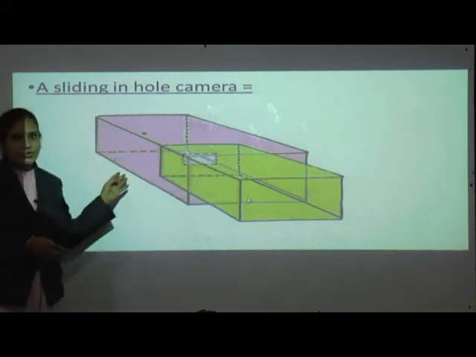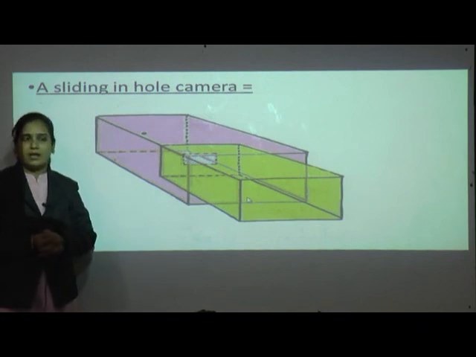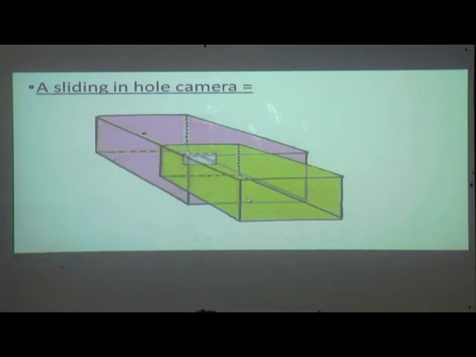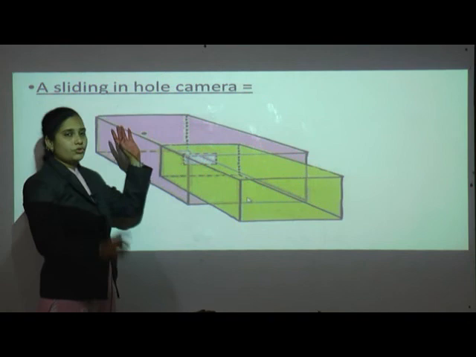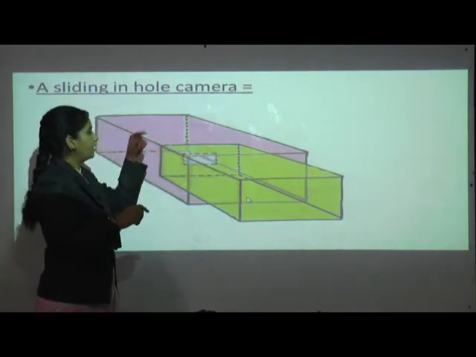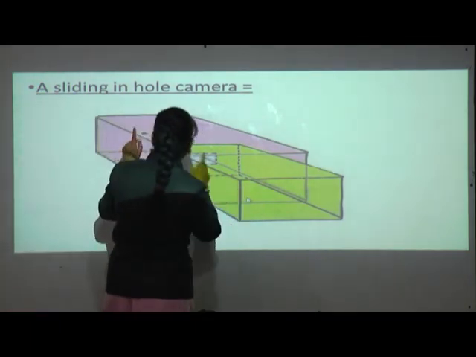So isn't it very easy, students? So all of you just make one pinhole camera and show me afterwards. Okay, now this is a very interesting task for you. Holding the pinhole camera, look through the open face of the smaller box. You should use a piece of black cloth to cover your head and the pinhole camera. For that, you just take a black sheet of paper or cloth to cover your head and this camera. So from that you can see clearly.